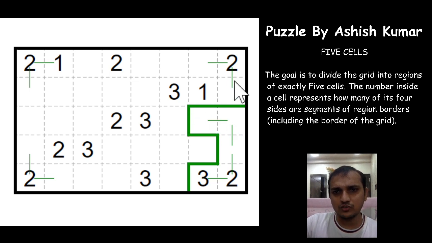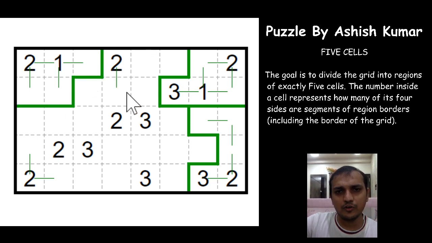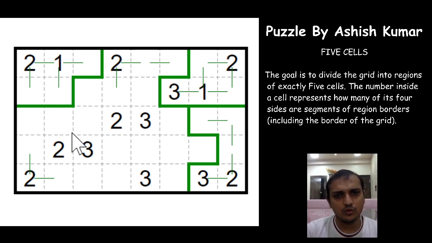So this one already has one segment now, so all the other 3 will be part of the region. This one also has one segment already as the grid border, so we have already formed a region here, and these two have also been formed with two segments, so this has to extend this way, right? Now okay,